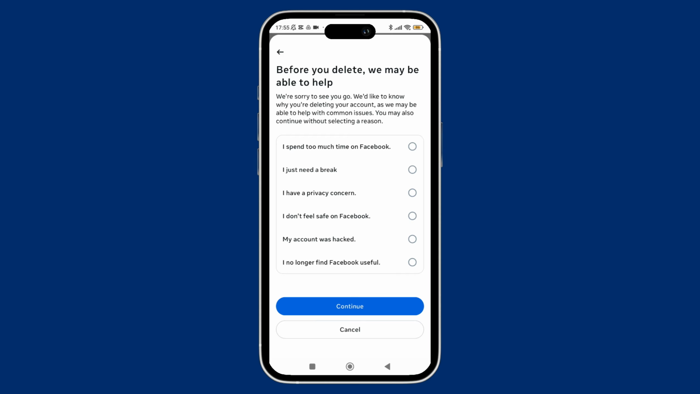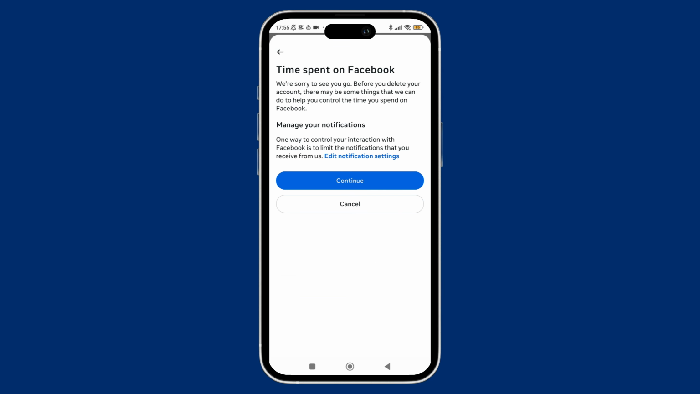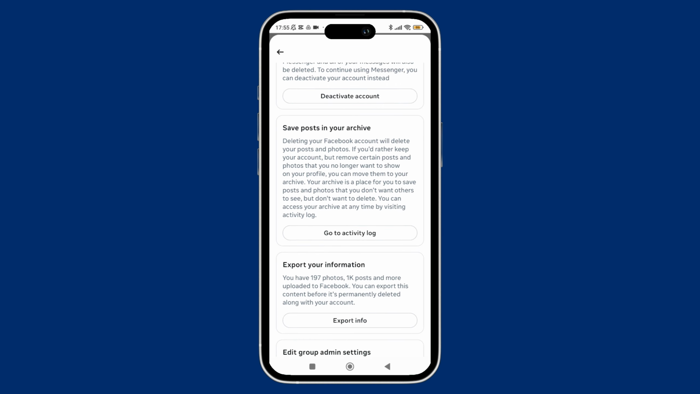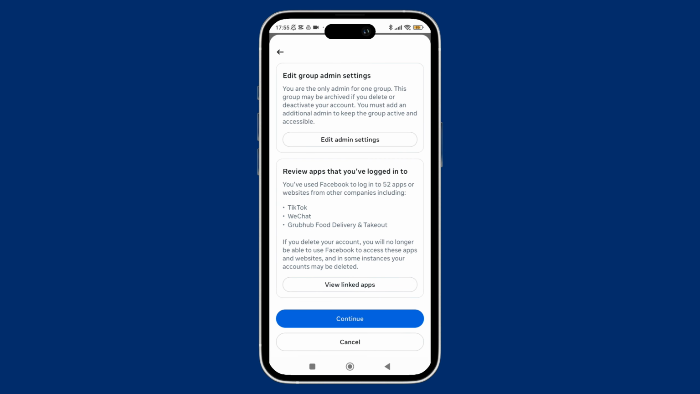And here, you can give Facebook the reason for the deletion of your account. And with that, you can just tap on continue. And here, you can just tap on continue again. And now here in this section, you can simply scroll down all the way to the bottom and tap on